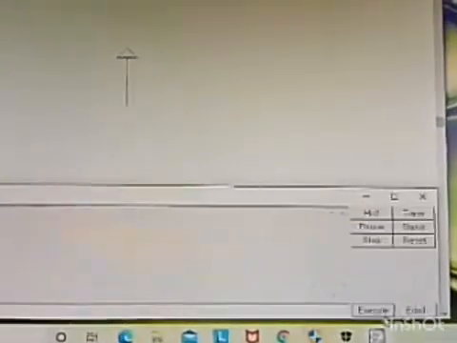Now if I want to change the direction of my turtle to the right, I will write RT. Check your book, it is given that for the right direction we write RT. For example, I want to turn right by 90 degrees, so RT 90. I will execute. Okay, this is 90 degrees.